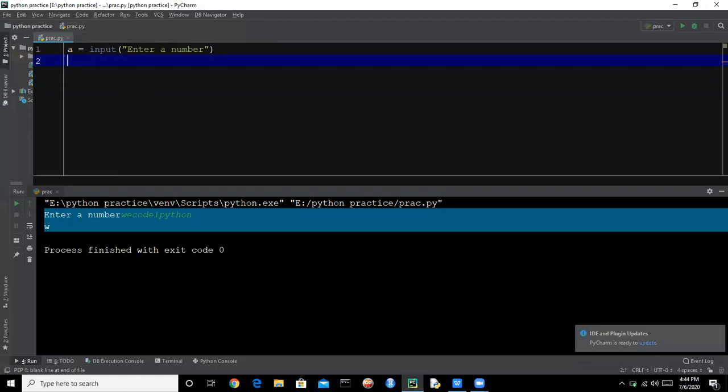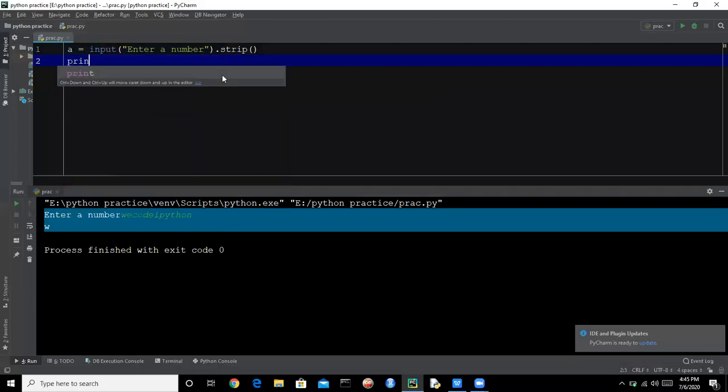So this was all about input functions. There are more things. You can have input, and if you are having space from the start, you can just use the strip function to remove the white spaces from the beginning or from the end.